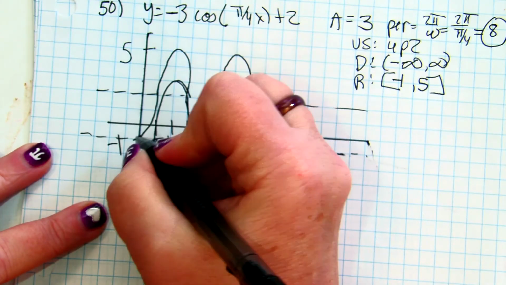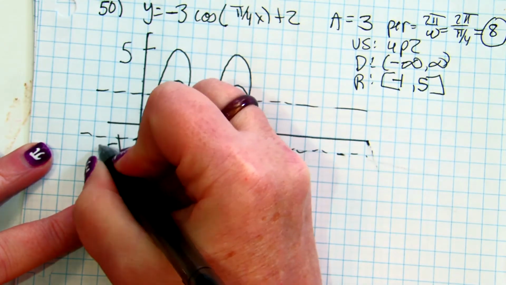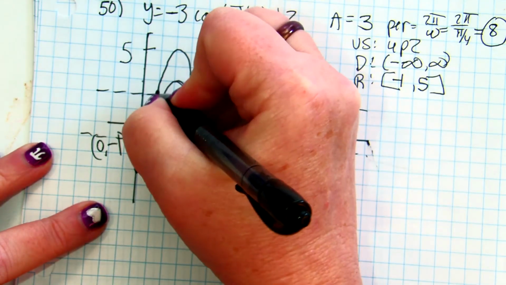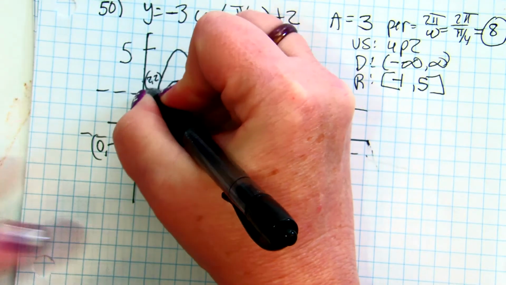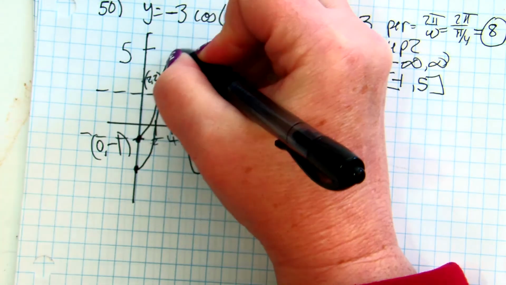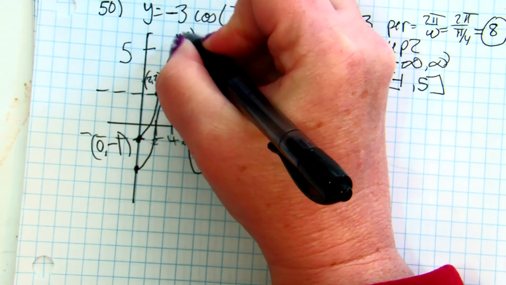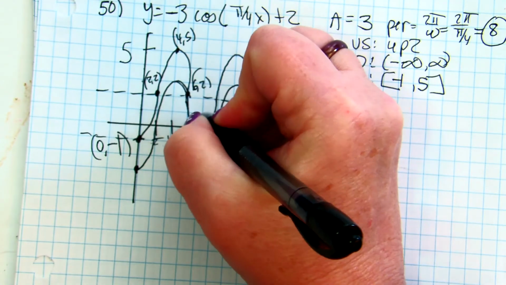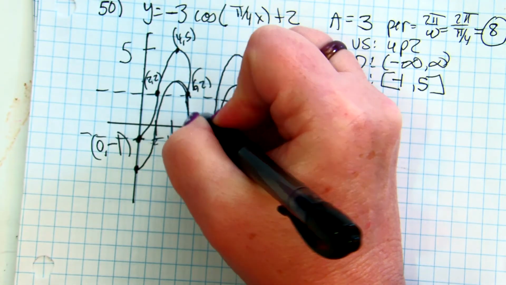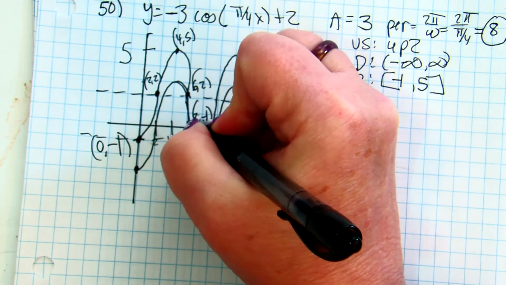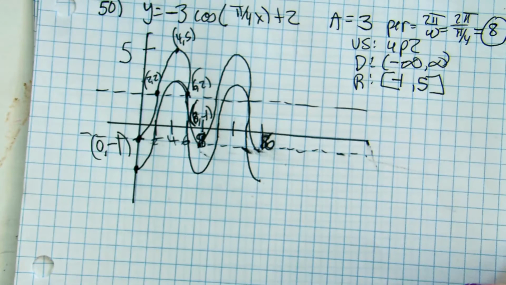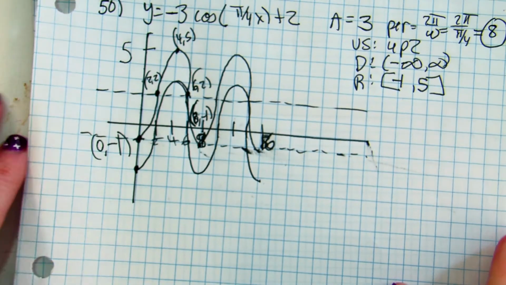The points are 0, -1. These are going by 2s. So 2, 2, 4, 5, 6, 2, and down here 8, -1. So I hope you like graphing sine and cosine as much as I do. The next problem we're going to do